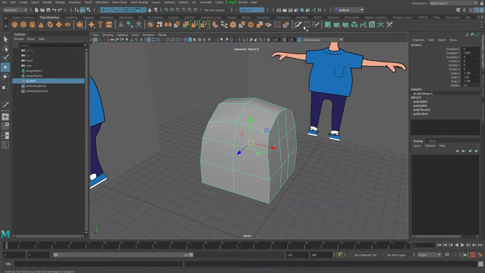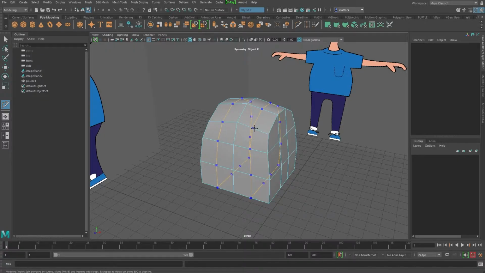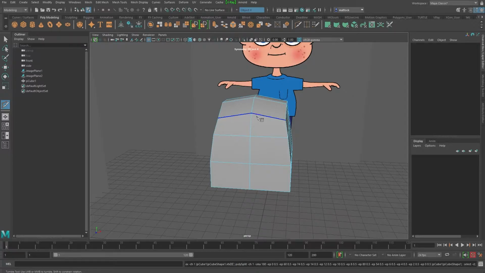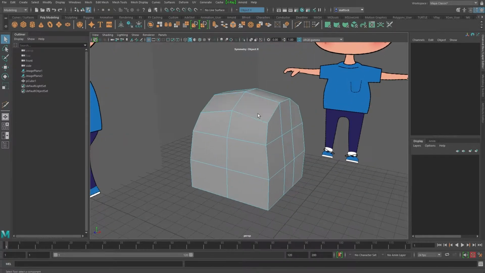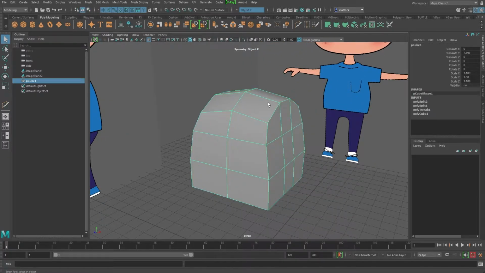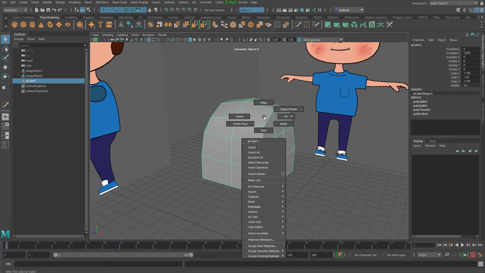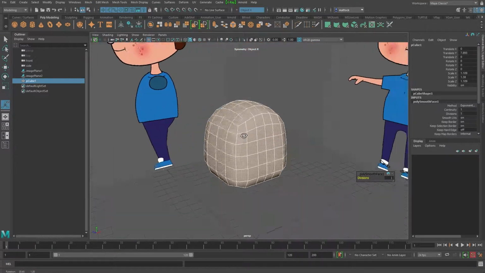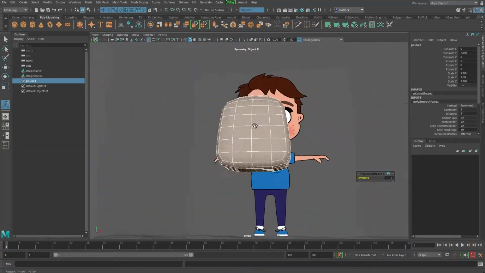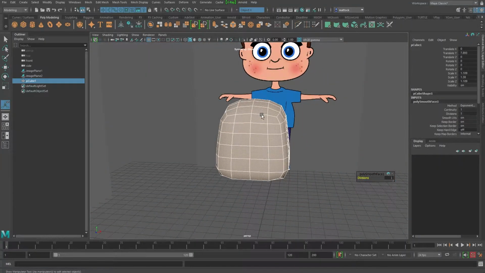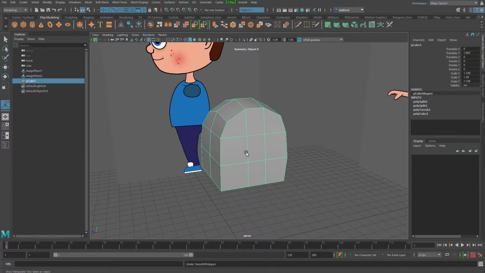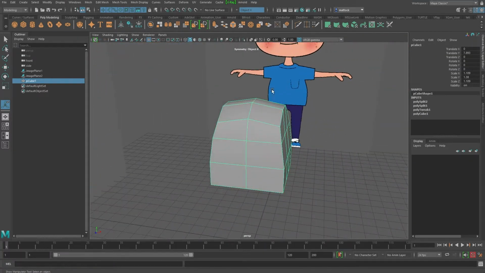So now what we could do, there's a few different options. We could add an extra edge loop in here, like this, on both sides, or there's another option as well. I'm going to try and show you as many options as I can, so you've got all the tools under your belt that you need. If you right click or go up to mesh, smooth, it will add lots of geometry in for you already, which is quite useful. Sometimes it can be a bit too much, you might not need that. For instance, I think it's added too much in this side for now, so let's go back.